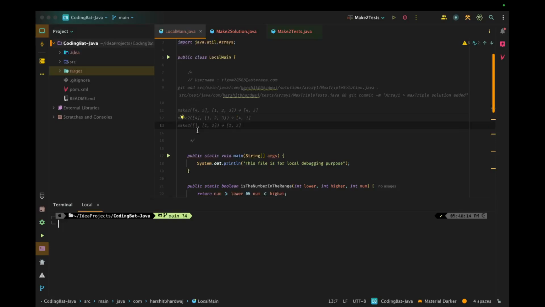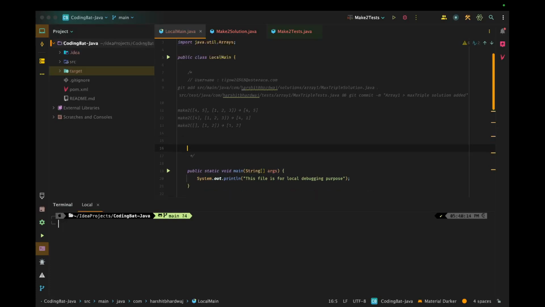In example 3, the first array is having length of 0, or is an empty array. Hence our only option is to fetch two elements from the array B, and that's what we are returning as the result. So if we observe carefully, what are the points that we observe?